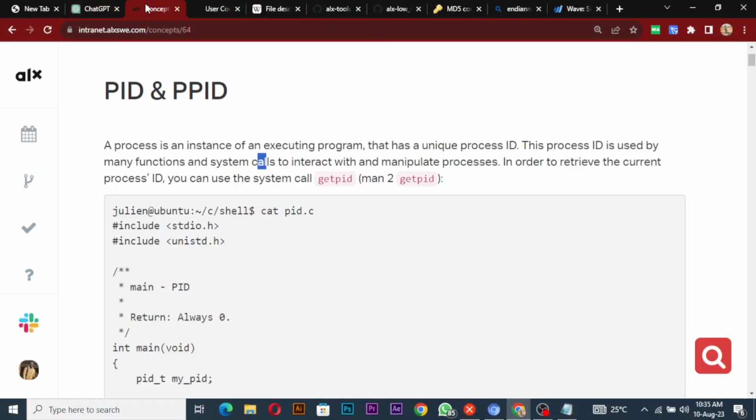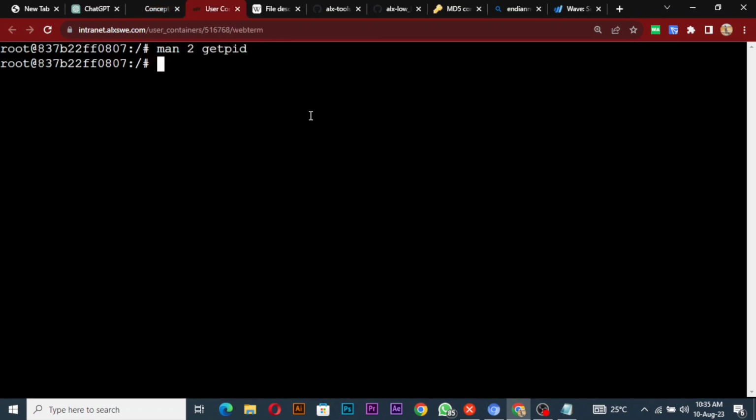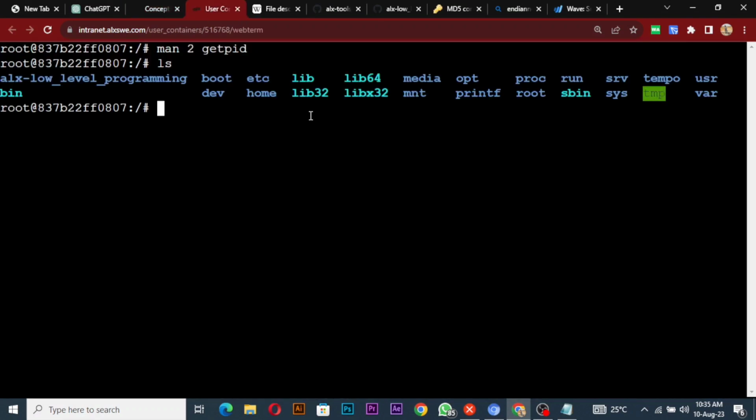Great. So if we look at this program, we are going to execute it. I'm going to create a directory on my shell, make directory, and I'm going to call it